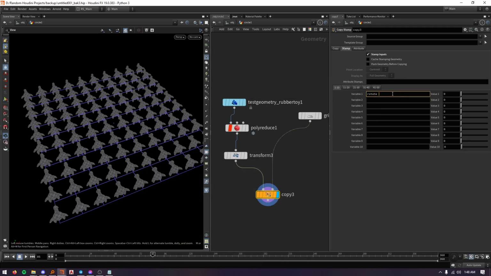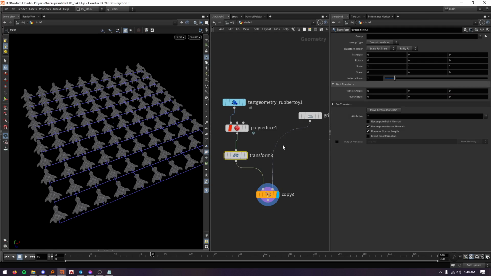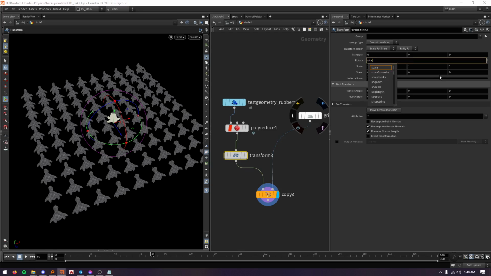That's why I'm going over this quickly. I should have finished this way earlier. I'm randomizing based on point number, and if I go to here, and which axis is it? Y. If I rotate it by stamp,